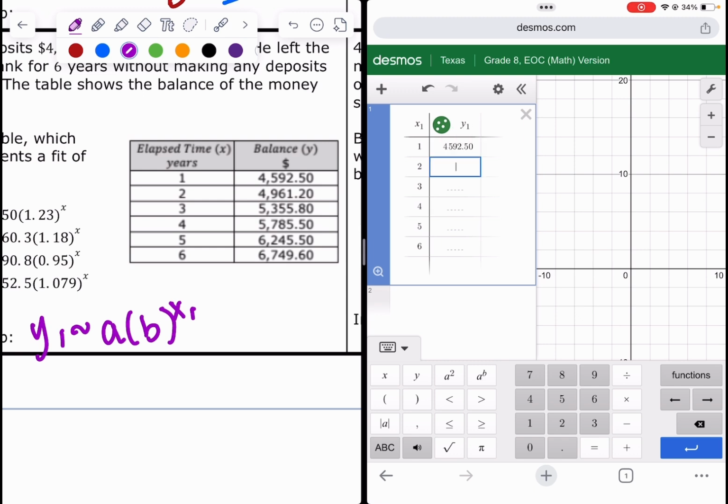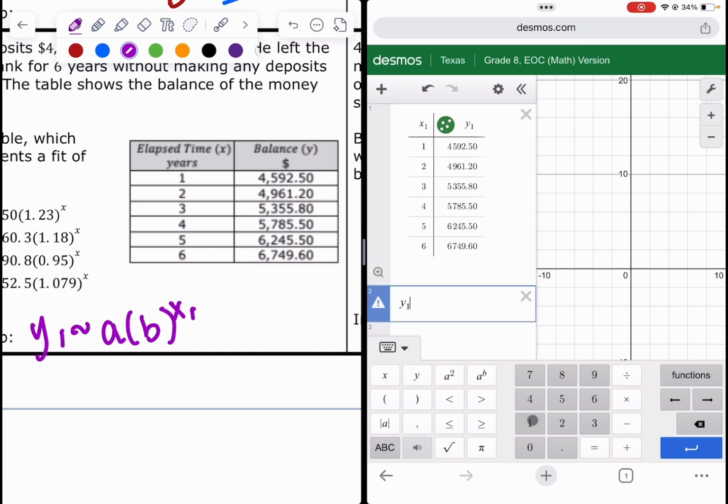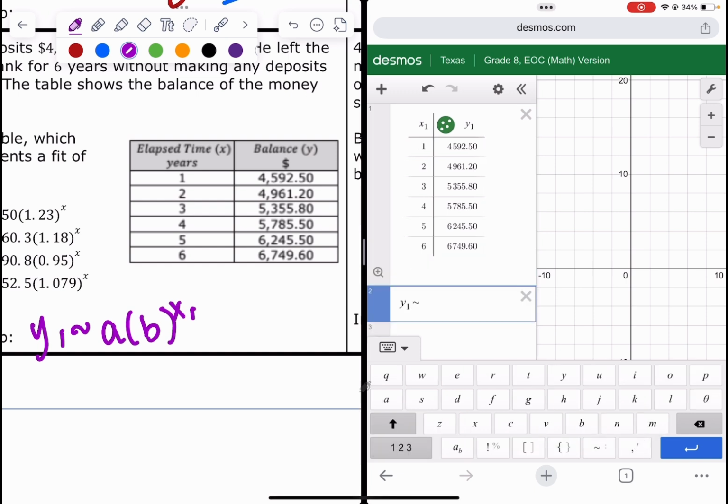4,592.50. We do put points all the time. 4,961.20. Then 5,355.80. 5,785.50. 6,245.50. 6,749.60. And I'm going to type in the y1 squiggly line a